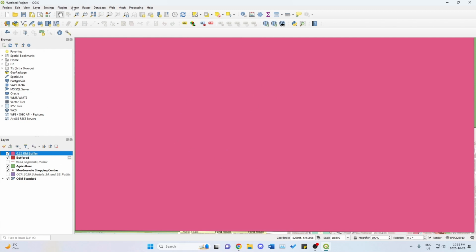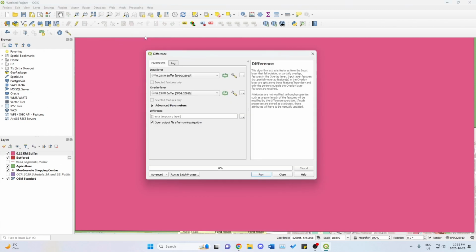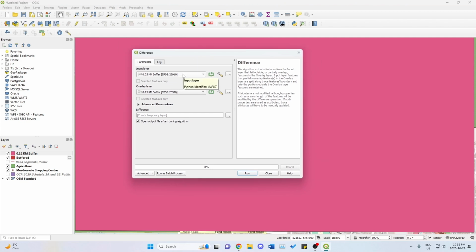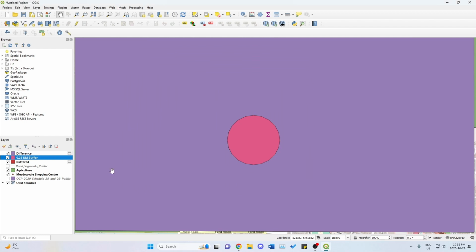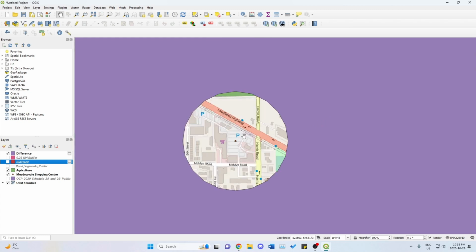So what we're going to do is go vector, geoprocessing, difference. So the input layer will be this new layer we just created. And the overlay is going to be the buffered one we did. So now we're going to click run, close. There you go. So now with this, we are able to see what is within the 1/4 kilometer of Meadowvale